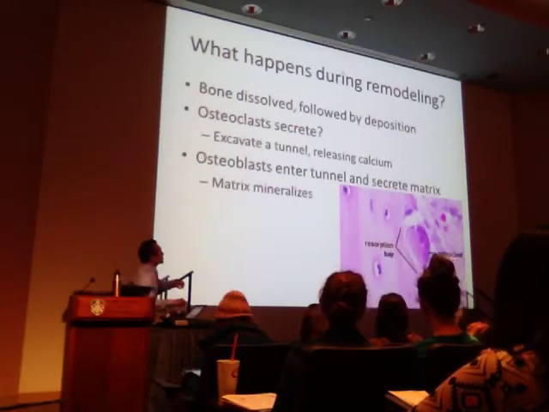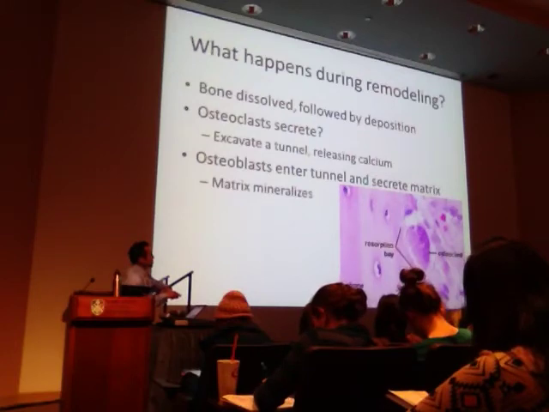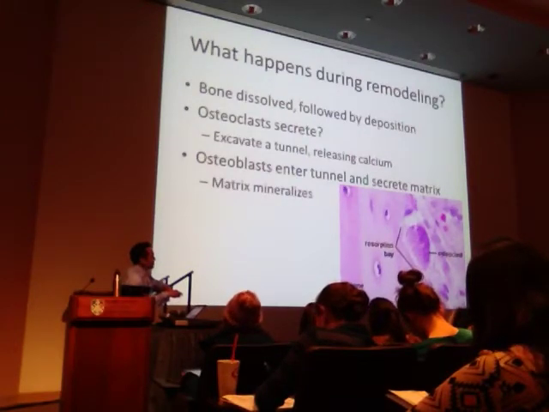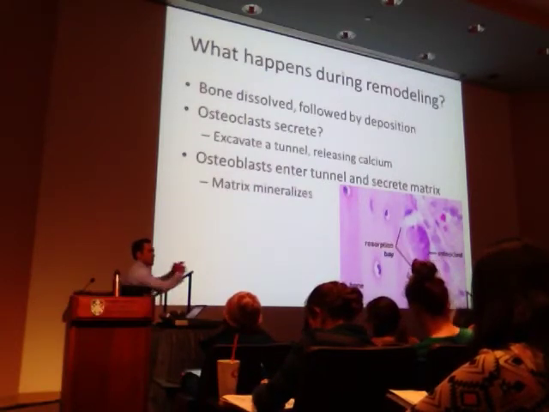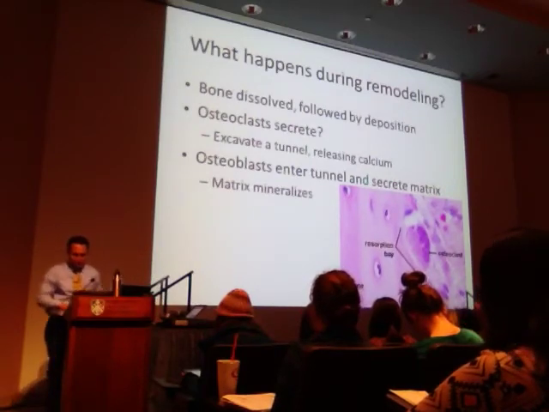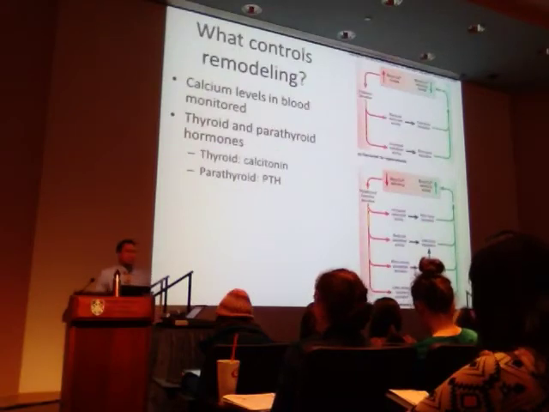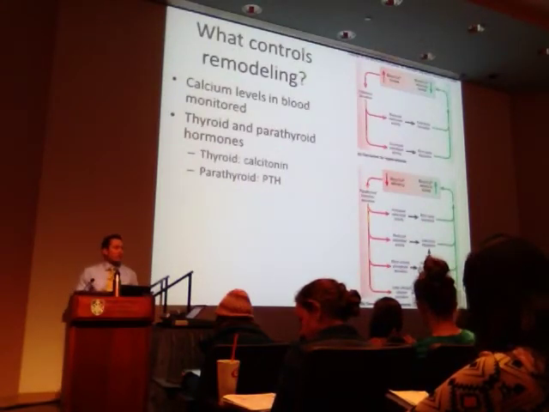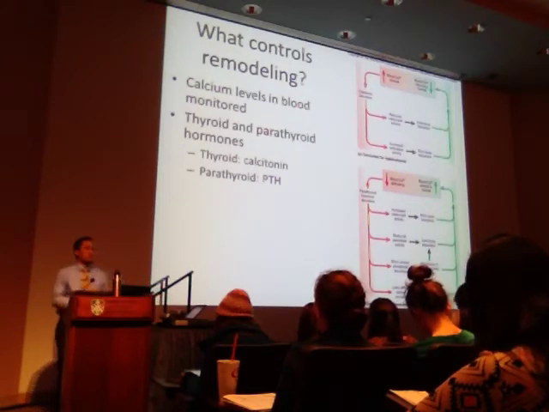What's that? Multiple nuclei. You see the multiple nuclei? Yeah. Those are those darker purple towards the back, and on the front leading edge is what we call the ruffled border, right? And that increases the surface area to crank out these digestion enzymes, chewing away the matrix. As the osteoclasts chew away the matrix, now we run into the situation of calcium balance. And this is why this happens.